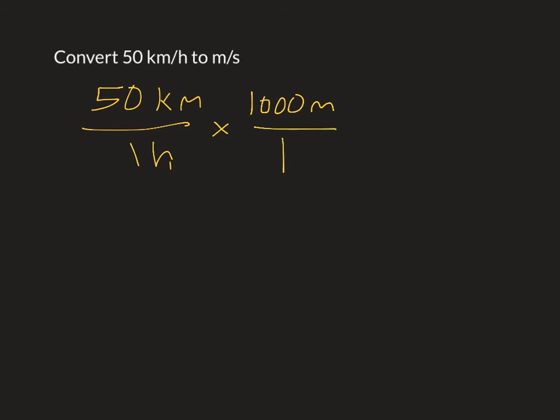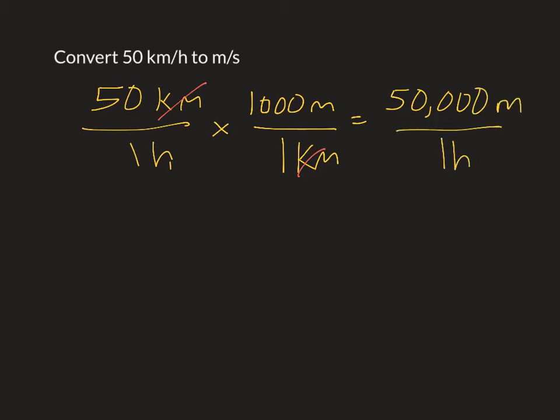Okay, so again, it's helpful to write this as 50 kilometers over 1 hour just to get it set up in kind of a unit conversion factor setup. The first step is always to convert our kilometers to meters. So what I'm going to do is multiply by 1,000 meters over 1 kilometer. That's my unit conversion factor. I already went through why we chose that one. Our kilometers will cancel out when I multiply this. So I'm going to go 50 times 1,000 divided by 1, which gets me 50,000 meters